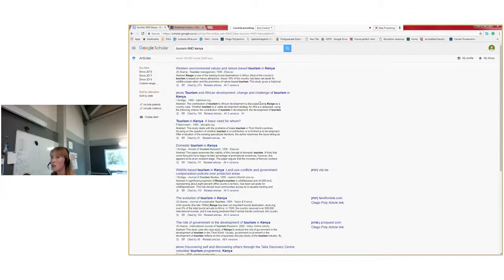It'll have the title at the top, the name of the author, the name of the journal, which is the collection of articles, the date, and then the publisher. And what you can see down the side here is if it automatically comes up with a PDF, or this one here, an Otago Poly article link, you are in luck. You can just click straight through to that and it will provide you with that article.